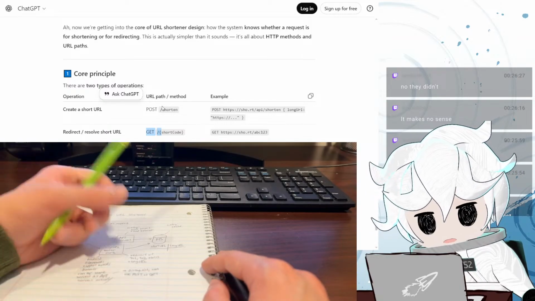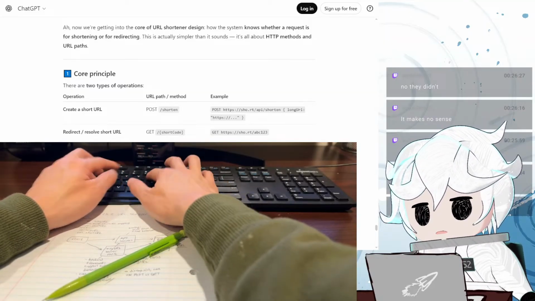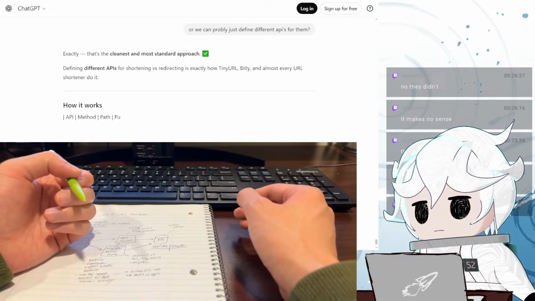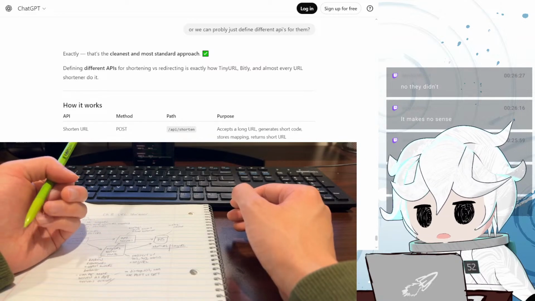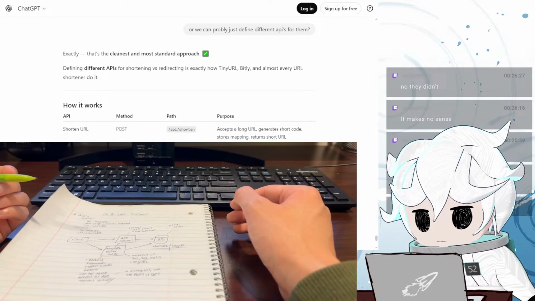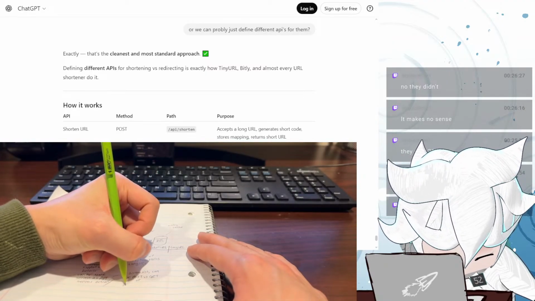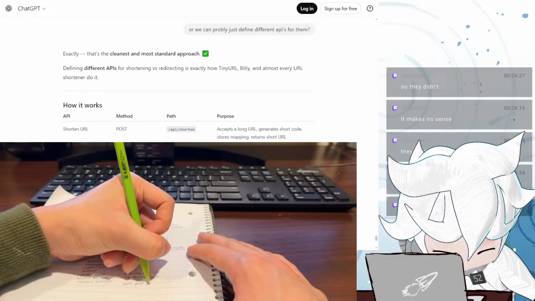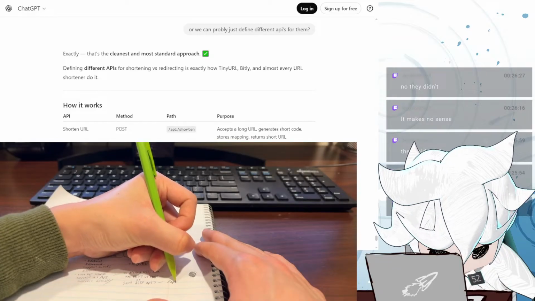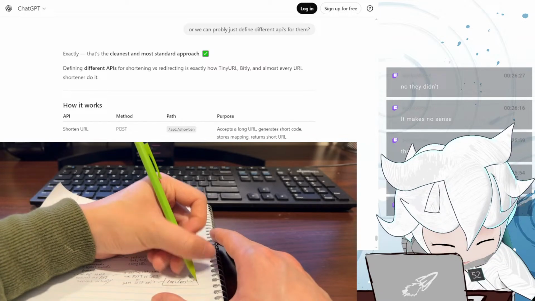You can just define different APIs for them. Yeah, using different APIs, okay. Got it, okay.